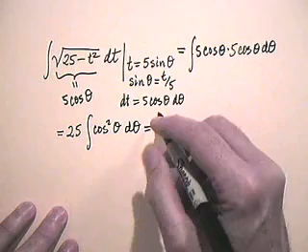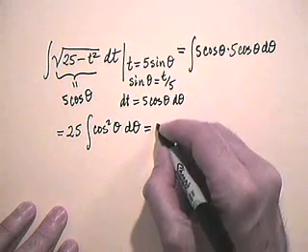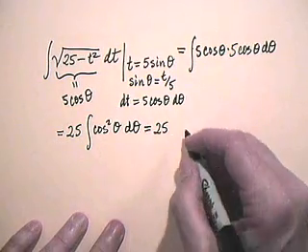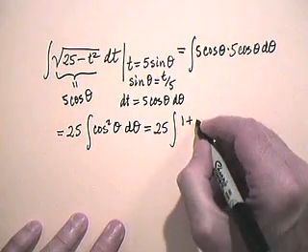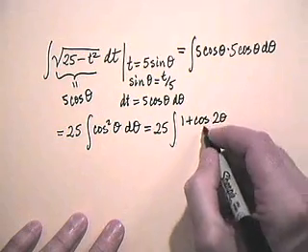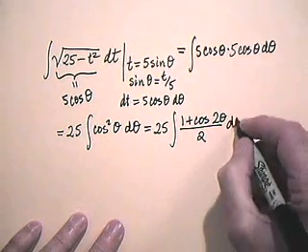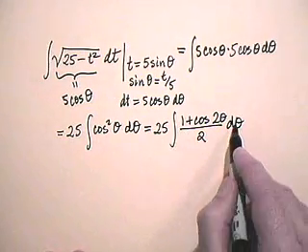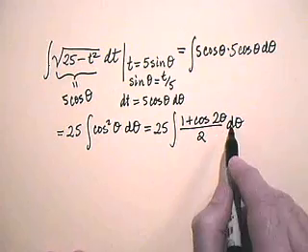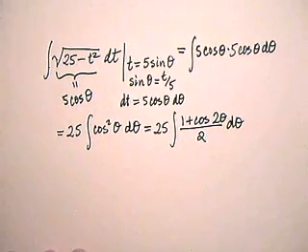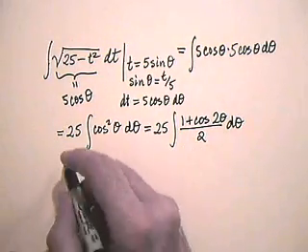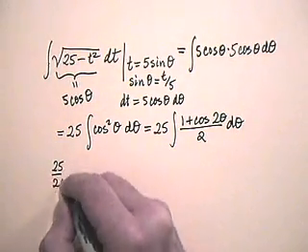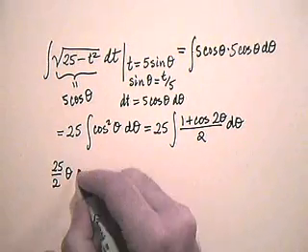Well, here we want to remember our double angle formula for cosine. That tells us cosine squared theta is (1 plus cosine 2 theta) divided by 2. And so our first integral of 1/2 is very easy. The indefinite integral of 1/2 d theta is just 1/2 theta. So we have 25 times a half theta, or 25 halves theta, plus